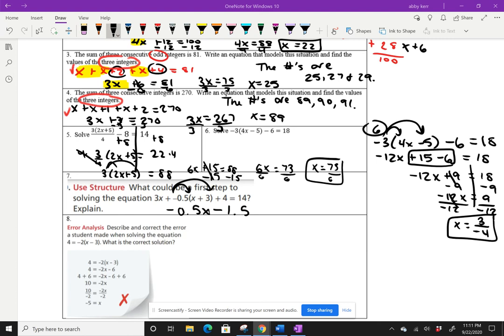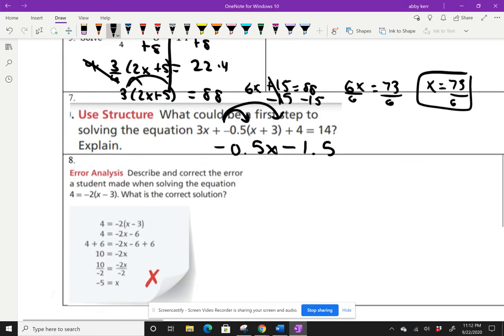Number 8, it says describe and correct the error a student made when solving the equation. So I gave this problem to you before because I see it so much. It says describe and correct the error. So where is the error? It's actually in the first step. So the first step, you're supposed to multiply the negative 2. And if you did that,